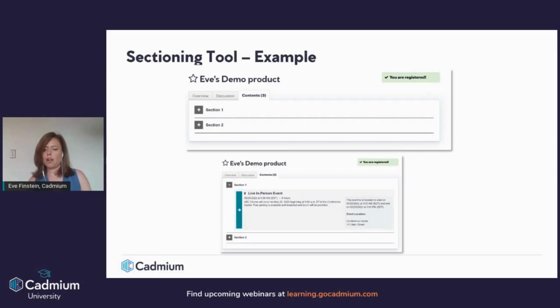When cloning a product event in Elevate, will the sections copy over as well? That's actually an excellent question that I'm fairly certain the answer to is yes, but test that because I haven't tested that in a while. There are only a few things that don't get copied over when you clone a product in Elevate. If it's a live event, that doesn't get copied over. We don't copy over SCORM because those are very large files, and we assume your intention is to not have those copy over. I would assume the sections would,